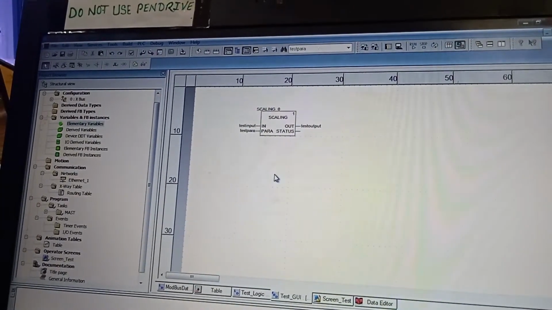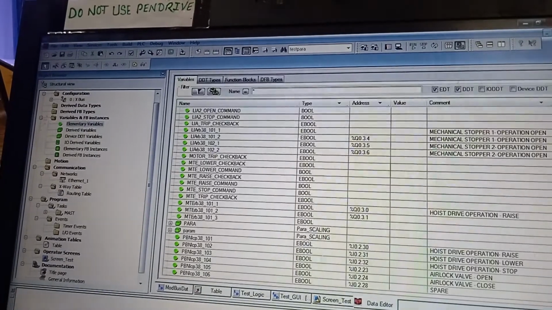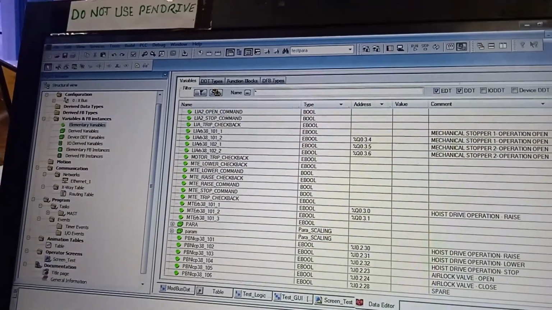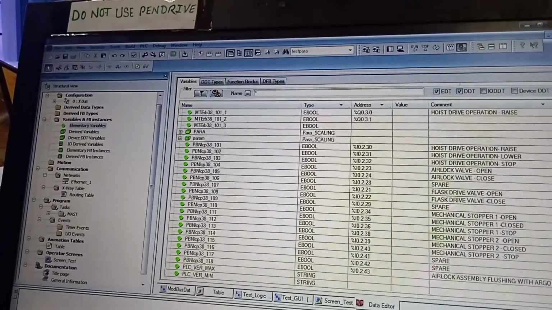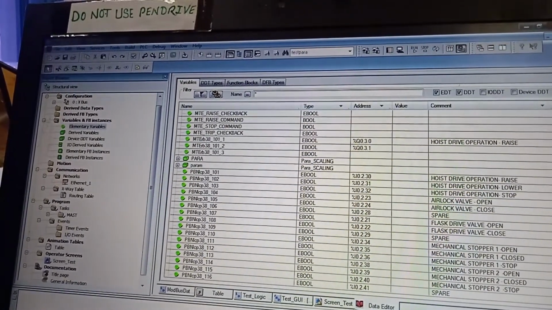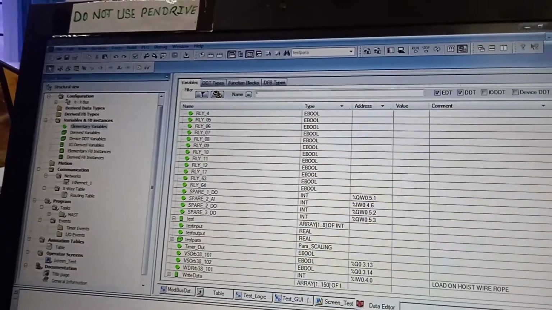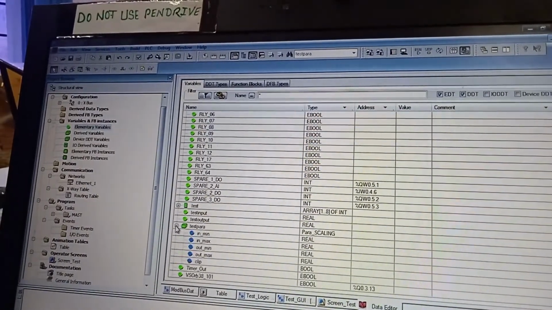Okay, so we will find where is that our test parameter. So this is our test parameter.